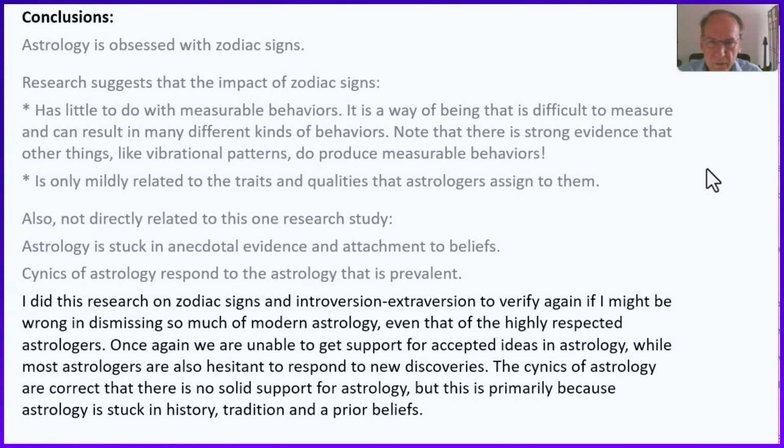So the last sentence here: the cynics of astrology are correct that there is no solid support for astrology. But this is primarily because astrology is stuck in history, tradition, and prior beliefs. Studying history, tradition, and prior beliefs is important. It's important to know where we came from. It's important to understand history. It's important to understand the country you live in, how it developed,